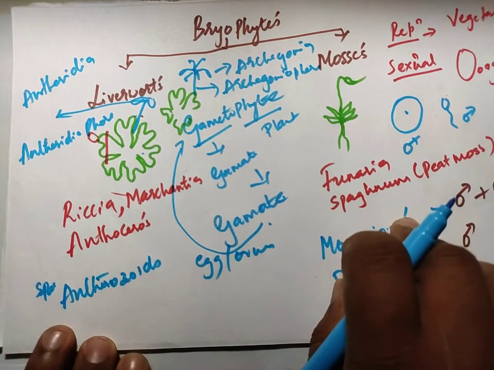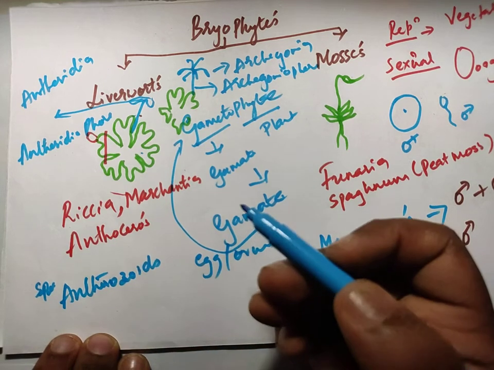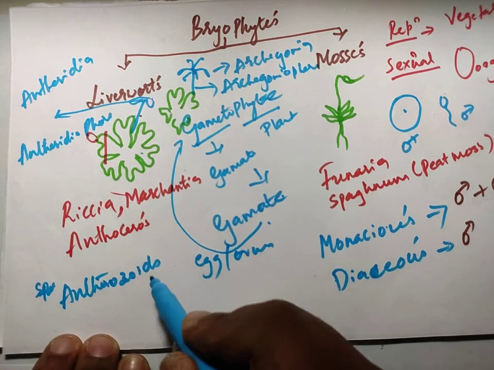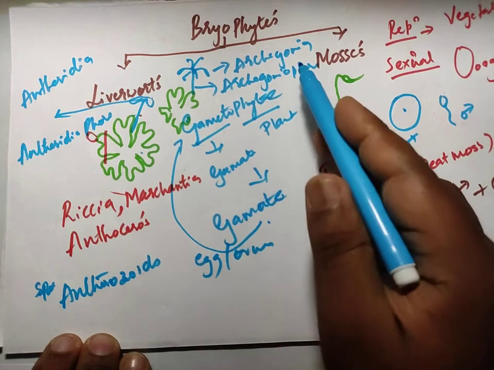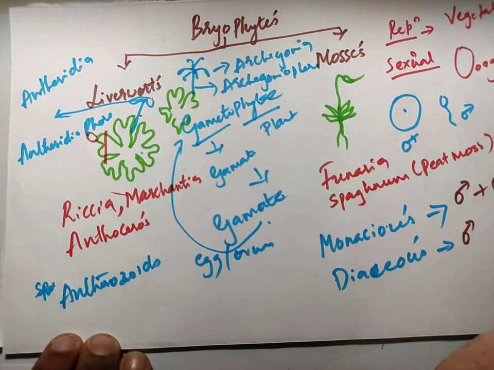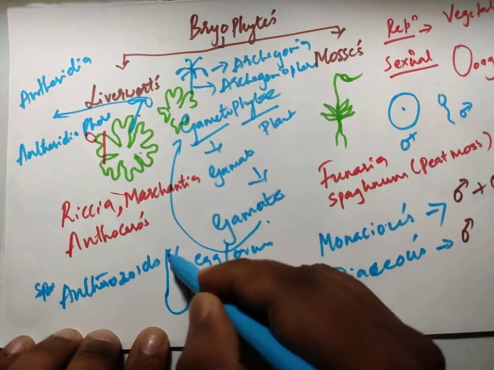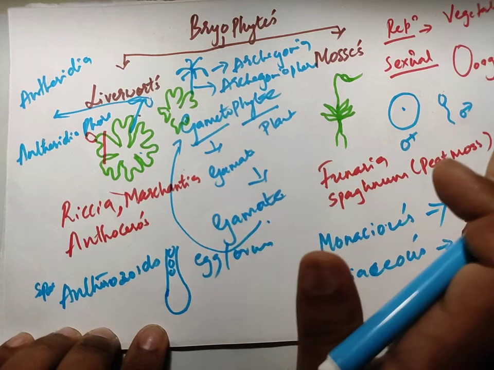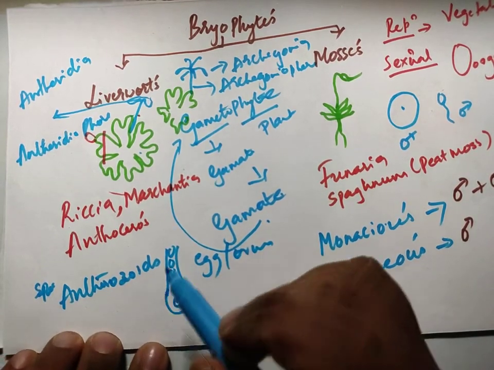So what happens is, these antherozoites, during the rainy seasons or at the time of the rain, are going to come into the water, and they are going to reach the archegonia. Inside the archegonia, the structure is somewhat like this, and there are cells called neck canal cells, ventral canal cells, and so on. Ultimately here is the egg, so this will get disintegrated.